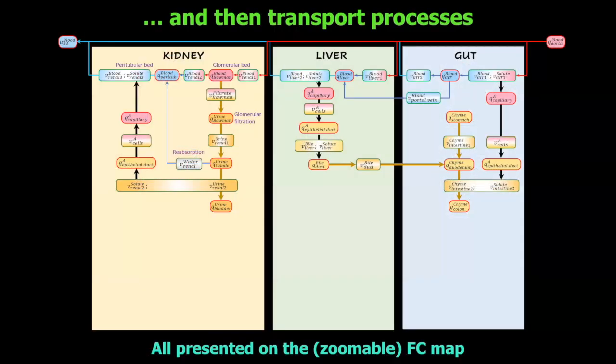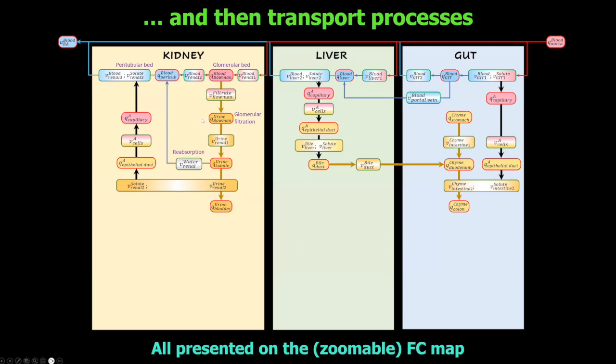And then once you have information about the pressures and flows around the body, the obvious thing would be to be looking at transport processes, again, all in the context of the FC map, which is zoomable. So you can zoom in like Google Street Maps as much as you like into the particular areas of interest. So for example, if we were interested, and this is work I'm doing with Bernard de Bono,